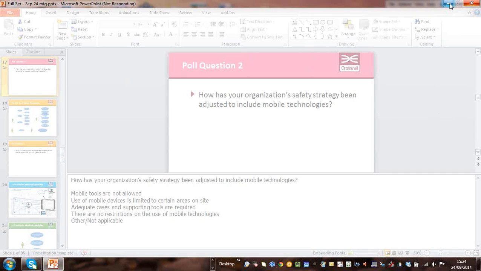While we're waiting for Stuart to wake up, I'm going to read the question to you. Poll question 2 is: how has your organisation's safety strategy been adjusted to include mobile technology? This is something I'm quite keen to see the results for because of the efforts we've gone to. It's taken us about 2 years to work with our supply chain to evolve existing procedures and practices to a point where we think they work. The answers are,